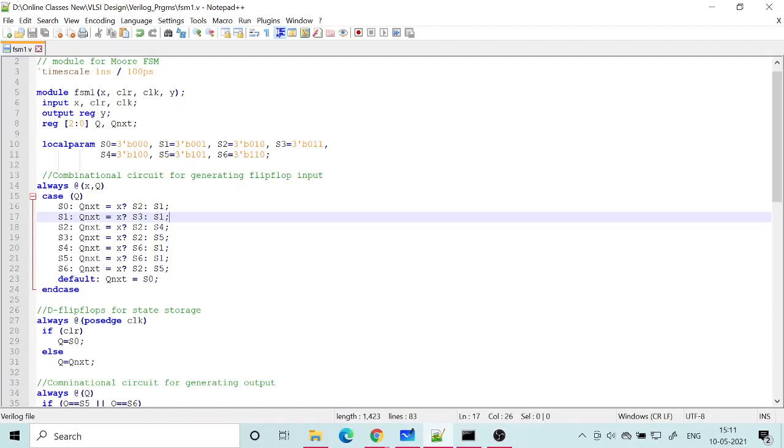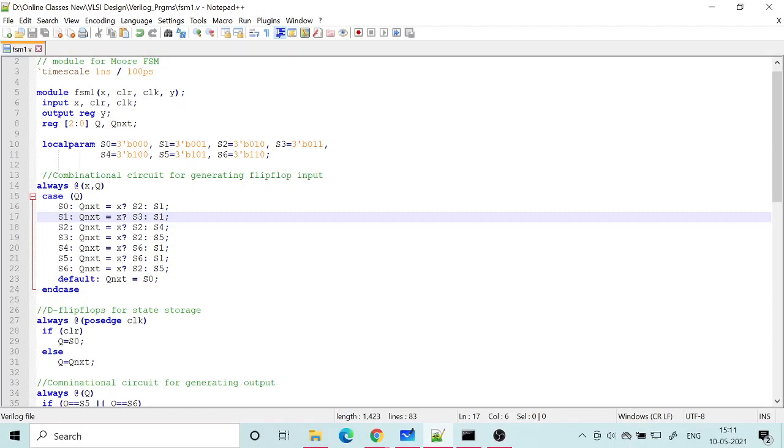If X is 0, then S1 will be assigned. If X is 1, S2 will be assigned. So it is checking whether X equals 1 or not, like a question mark. If the answer is yes, then S2 will be assigned to Q next. If the answer is no, then Q next is assigned S1.